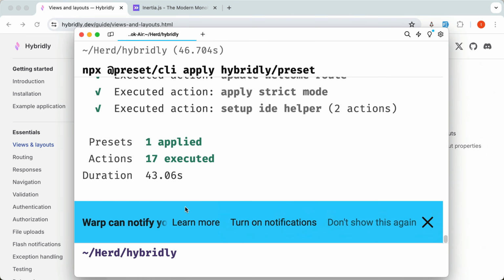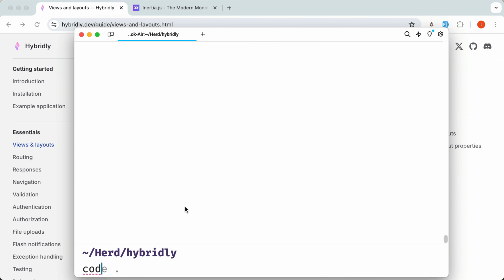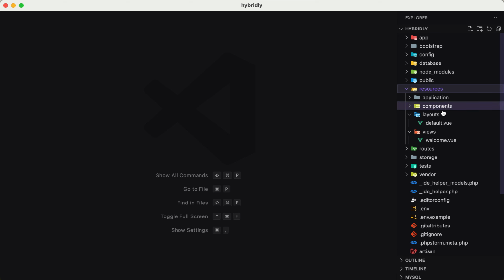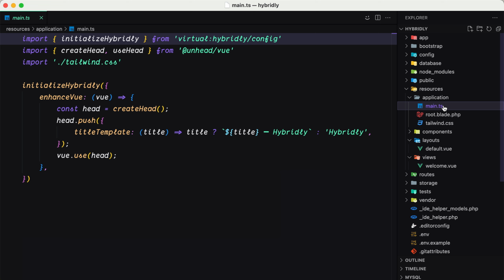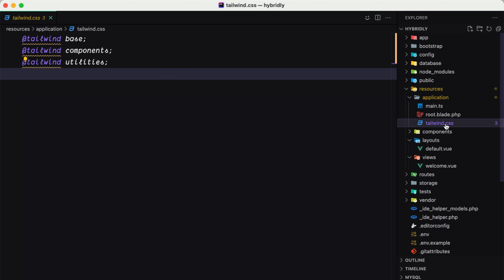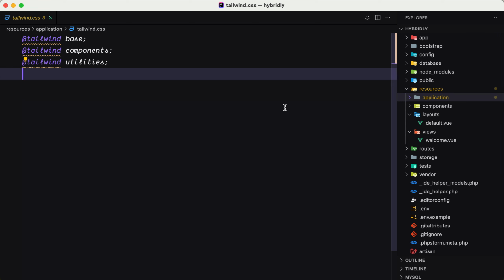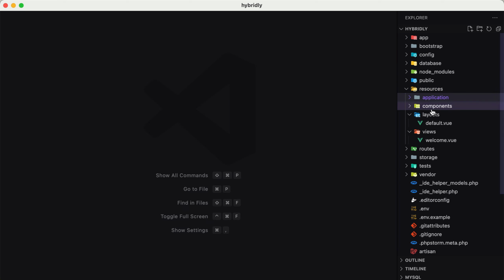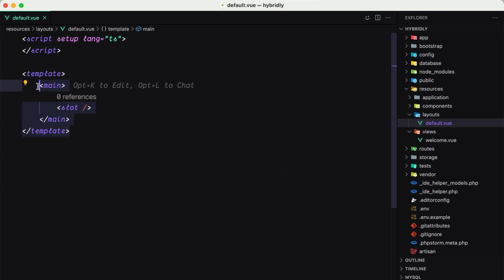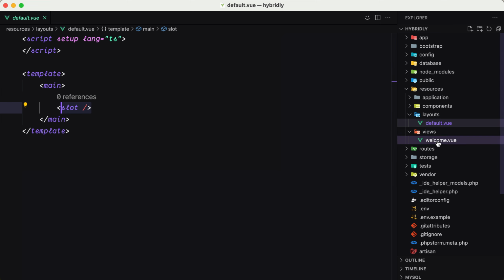Now let me open this project with VS Code, and first thing I'm going to go to resources. Here we have some changes. As you can see, we have application, and here we have main.js, the root blade file, and the type and CSS in the application directory. Then we have components. Right now we have only the welcome item. We have layouts, this default layout, which is a view component with main and slot here. Then we have views. We have this welcome view,